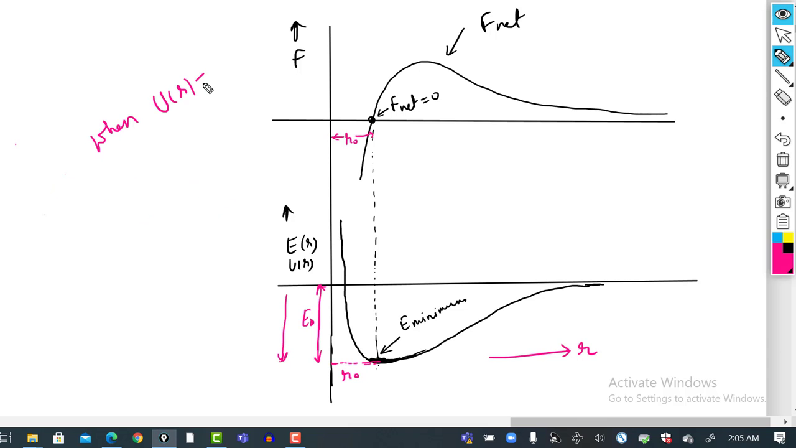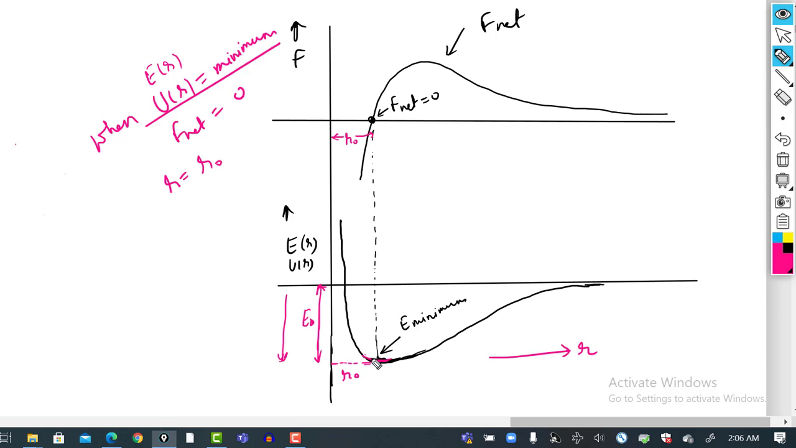U of R is minimum, or F net is 0. When U of R is minimum, R becomes R naught, the value of R at that point, which is the equilibrium distance. This is the point which can be utilized to solve that GATE 2019 question, and it is very important because R naught is already asked in the GATE exam, so there is a very high chance that they can ask U naught. So when U of R or E of R is minimum,